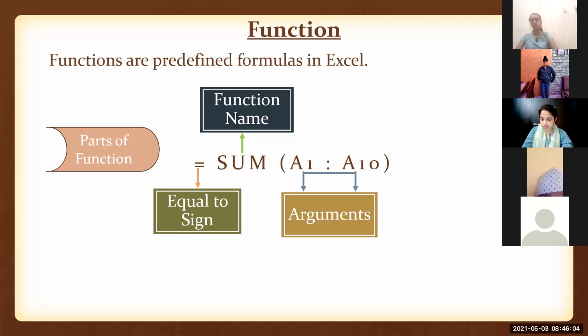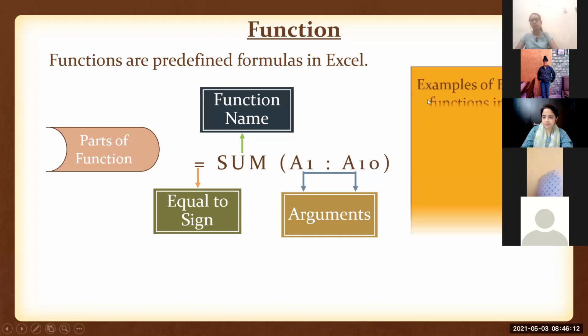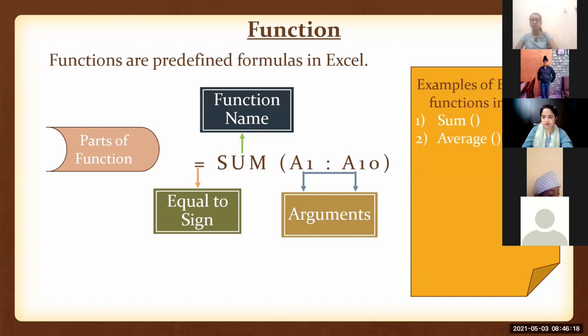So various inbuilt functions are available. Many inbuilt functions are available. A few which are available for mathematical calculation are the SUM function to do the total of the various values. Then there is an AVERAGE function to find the average of the values defined within the range, within the parentheses. Then there is a MAX function to find the largest value within the given range. Out of the number of cells we define here, the largest, maximum value will be returned. Then there is a MIN function, to find the minimum value from the given range.